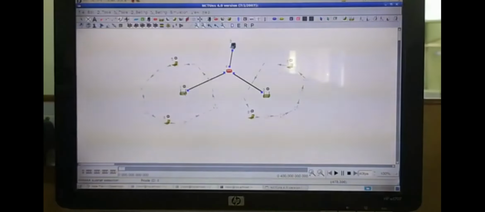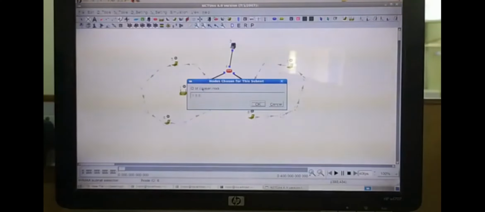I click on this access point, because it belongs to this network, so I create the subnet between this access point, this node and this node. I select these and click the right button, and access point 1, mobile node 5 and mobile node 6 are chosen as one subnetwork.